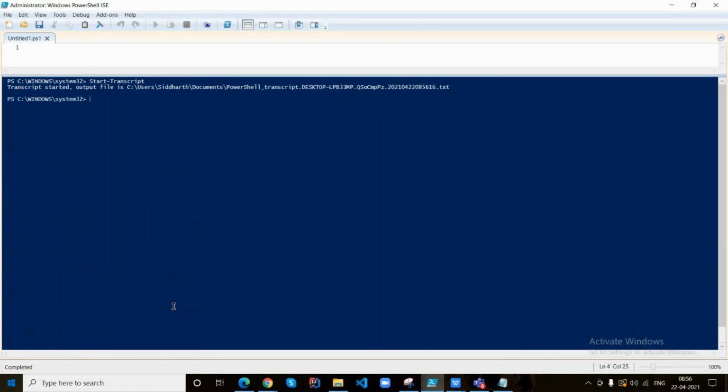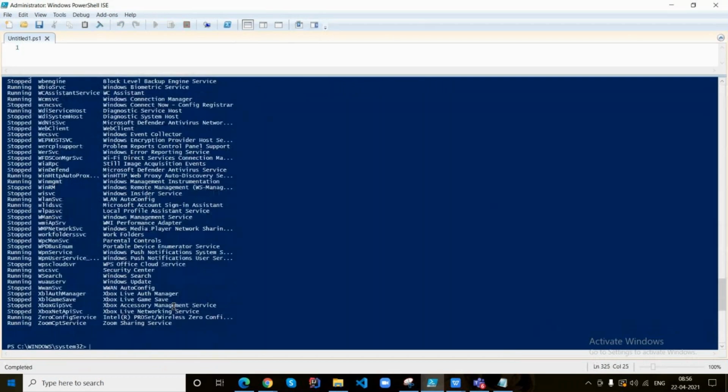Now execute Get-Service once again. Now execute Get-Service based on a parameter for a particular service name.